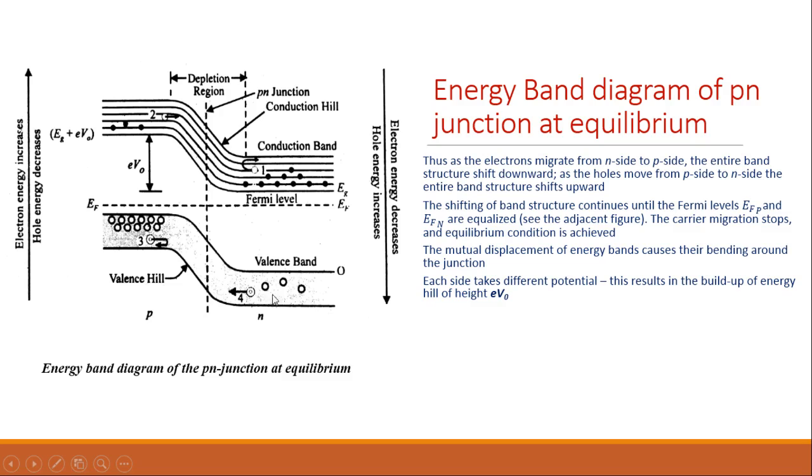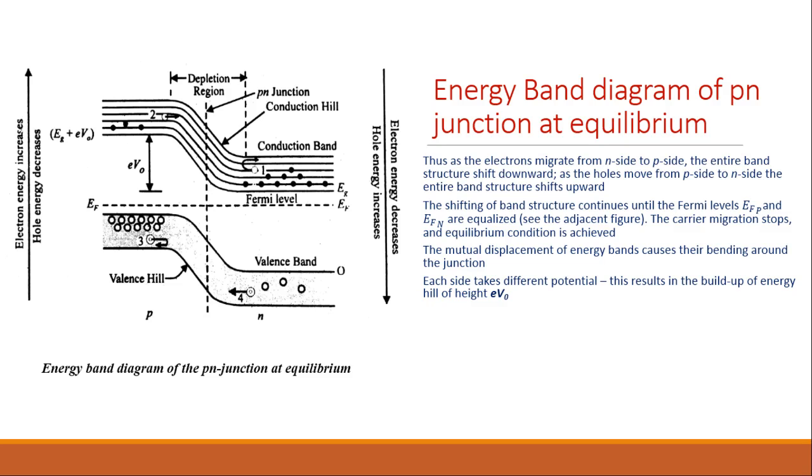So, the diffusion of holes also stops, very similar to the diffusion of electrons. But on the other hand, a hole in the valence band of N region can slide down the valence hill very easily and go into the P region. This is the drift of minority charge carrier hole. Hole in the N region is a minority charge carrier. So, the minority charge carriers now roll down the conduction hill as well as valence hill very easily.